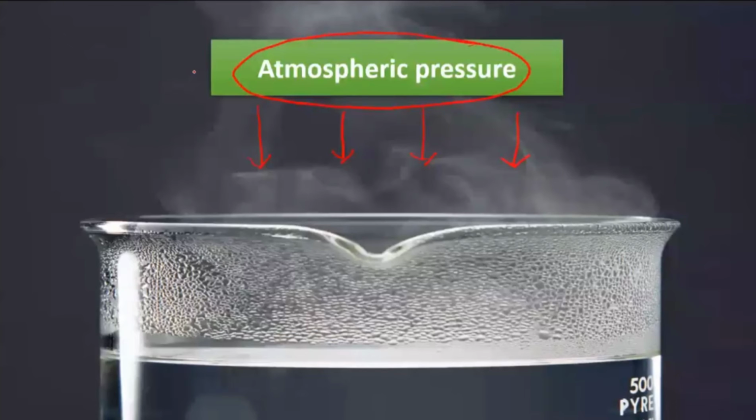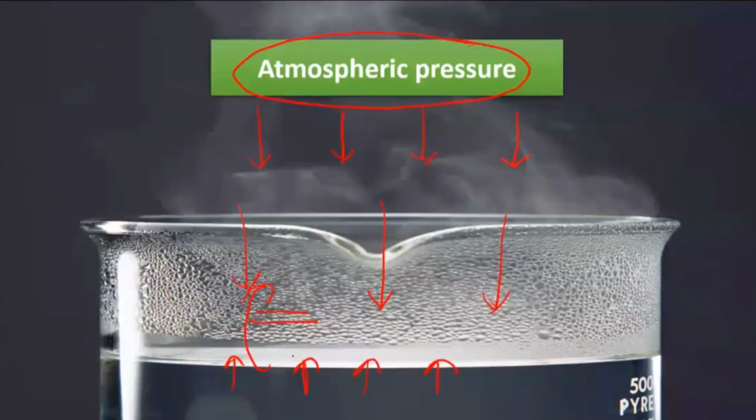Now when there is atmospheric pressure, and a liquid is coming out in the form of vapors, they will be experiencing this pressure. When the liquid vaporizes and they are trying to come out, they experience this pressure, which is going to be very high. If they want to come out as vapors, the vapor pressure has to become at least equal to this atmospheric pressure, or more than the atmospheric pressure. Only then will they be able to come out as vapors. Then the boiling happens.